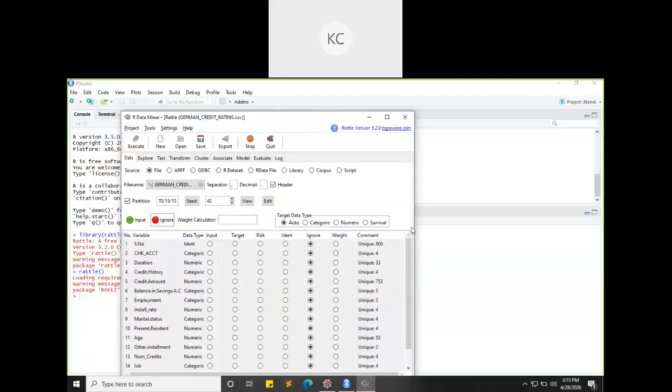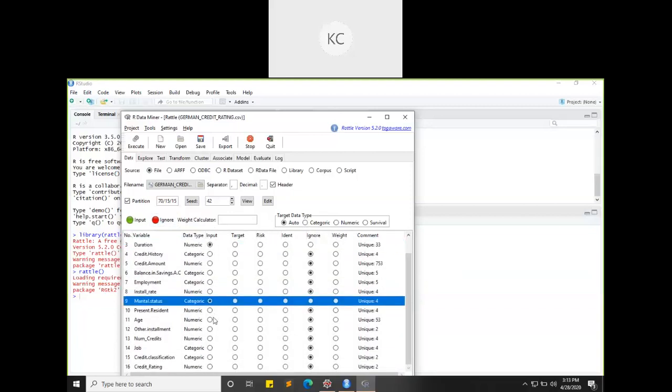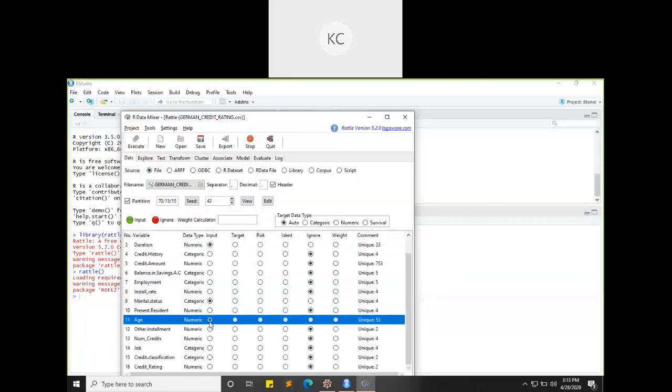For the development of the decision tree, I'll consider the duration, marital status and age as my inputs. If you open the data sheet and observe, I have credit rating as my output or target variable. Ignore means those variables will not be included in the model development.